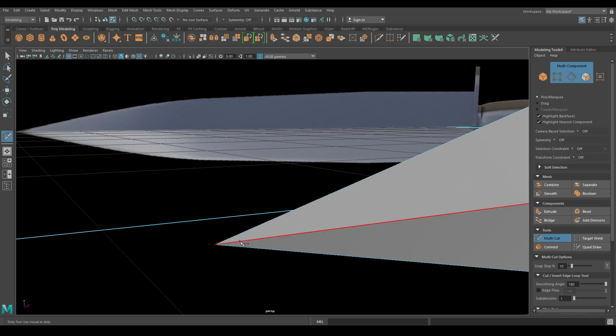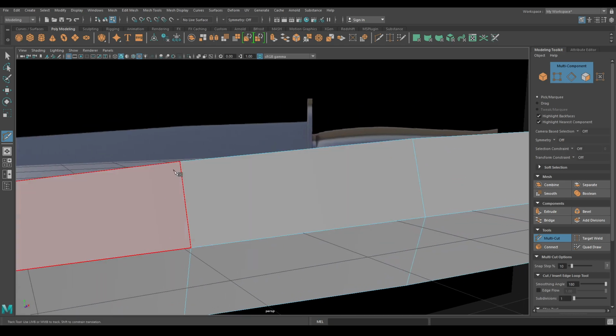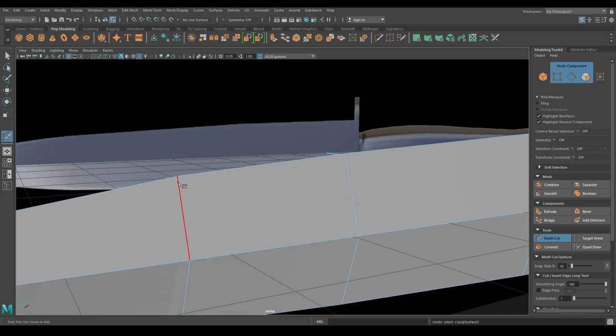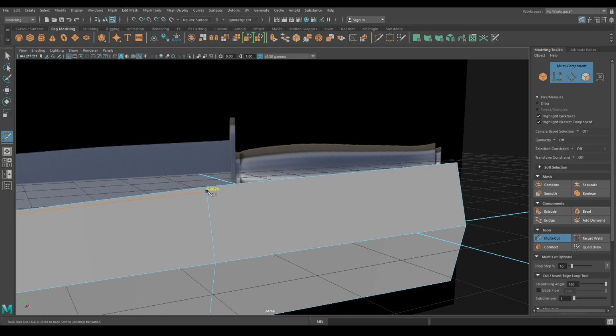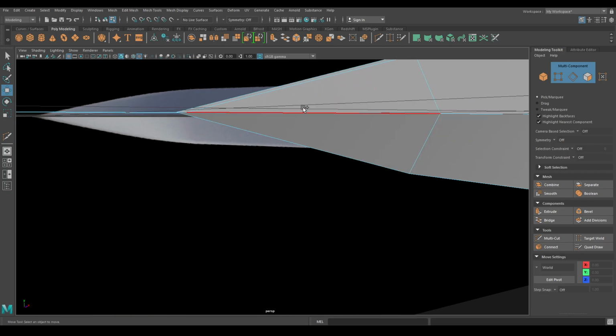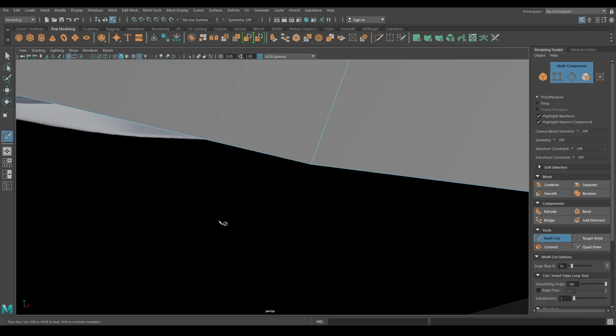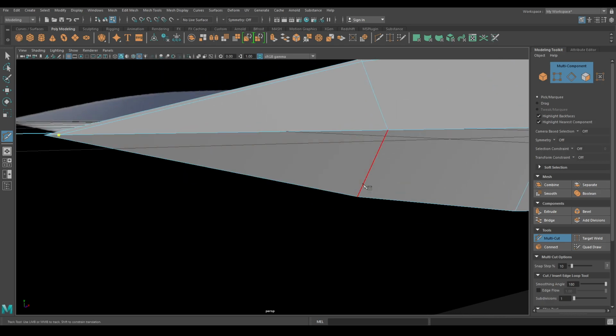Add one cut here and create a supporting edge. Again create a cut here and create a supporting edge on this side.